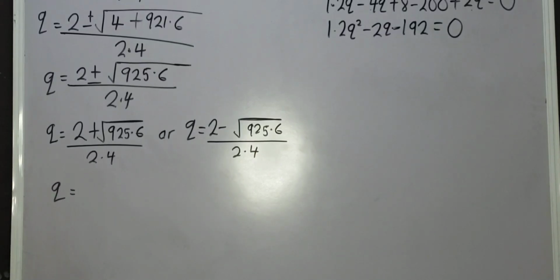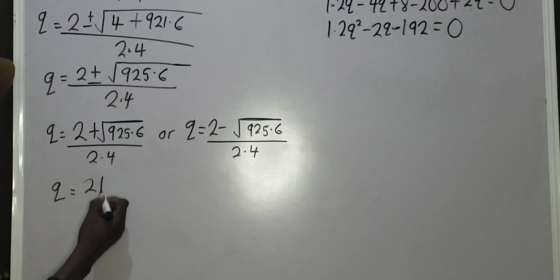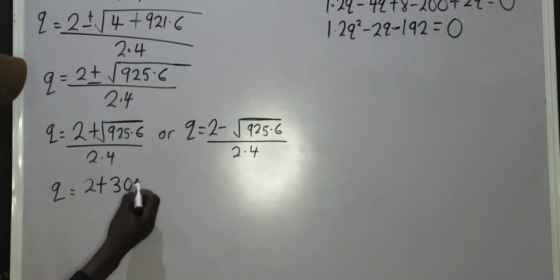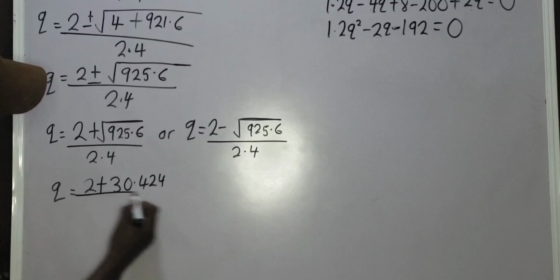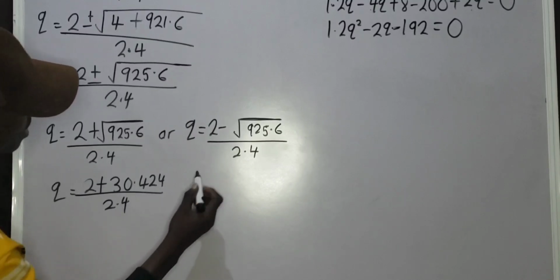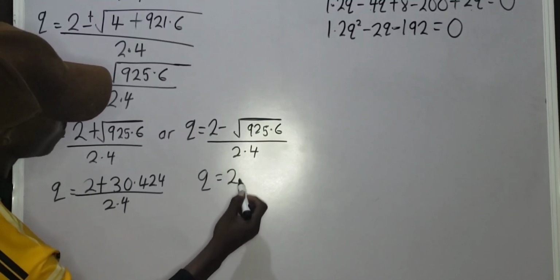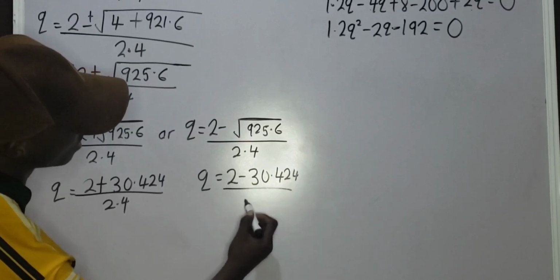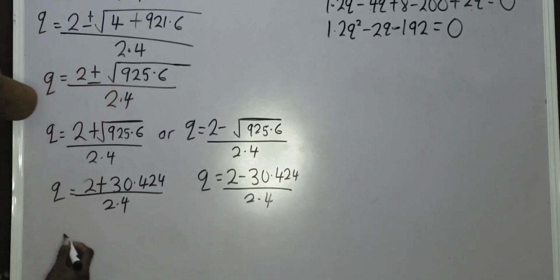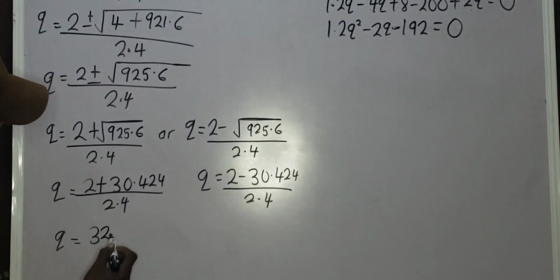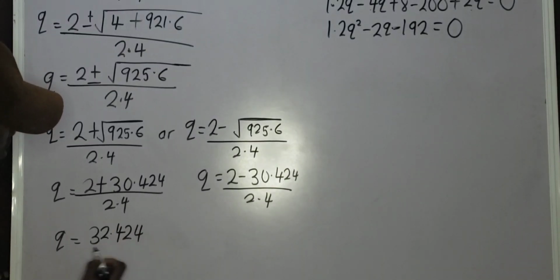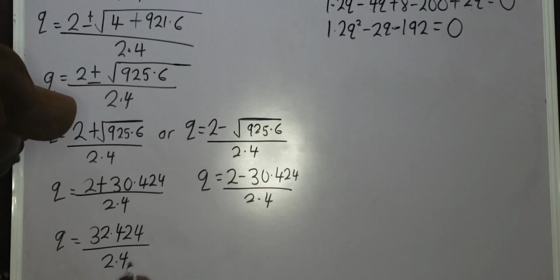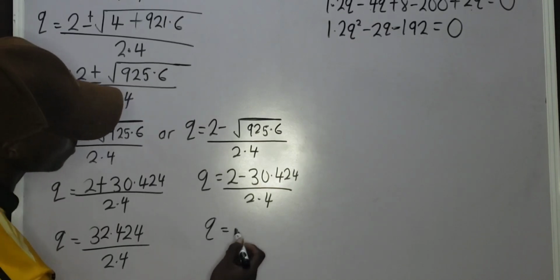So for this, I'm going to have Q is equals to square root of 925.6, that is 30.424, plus 30.424 all over 2.4. For this, I'm going to have Q is equals to 2 minus 30.424 all over 2.4. Now let's proceed. 2 plus 30.424, that is 32.424 all over 2.4. So for this, I'm going to have Q is equals to negative